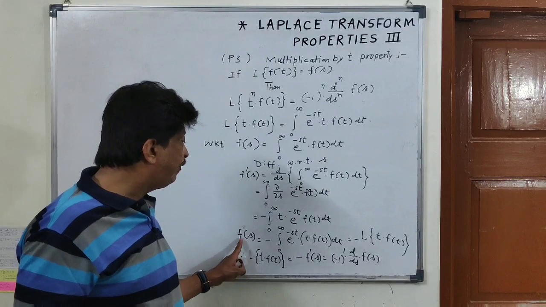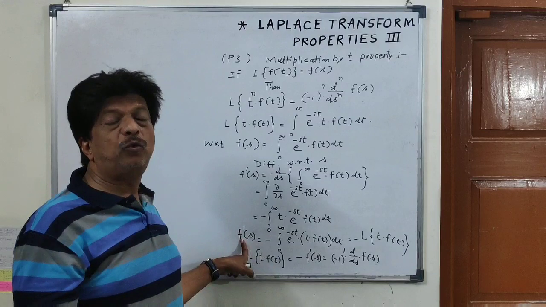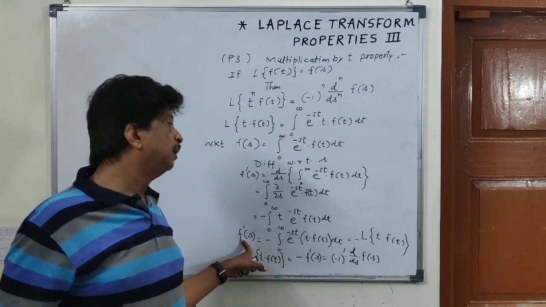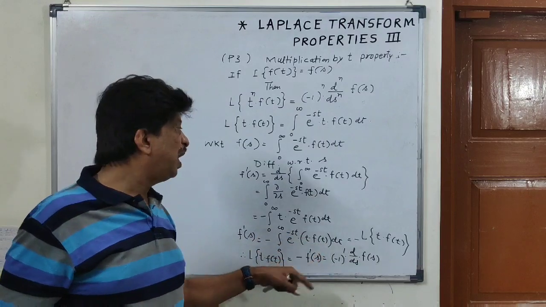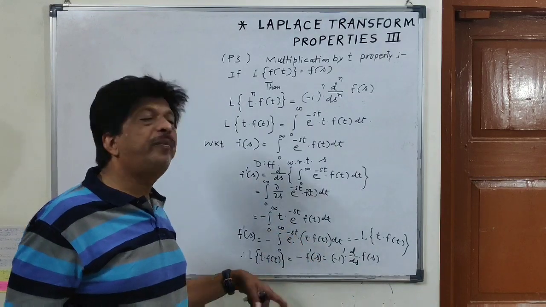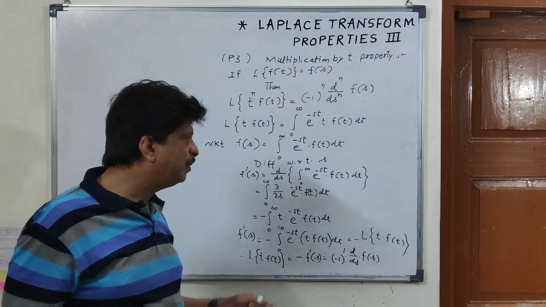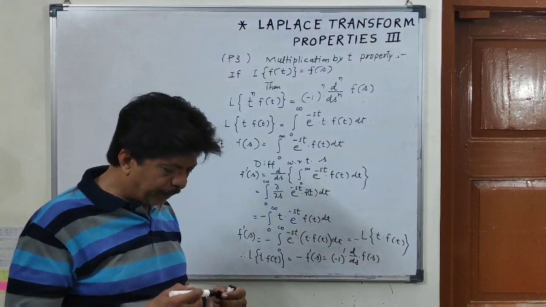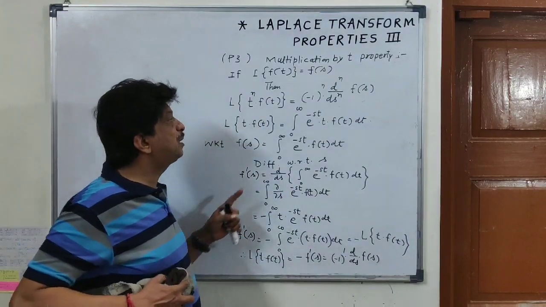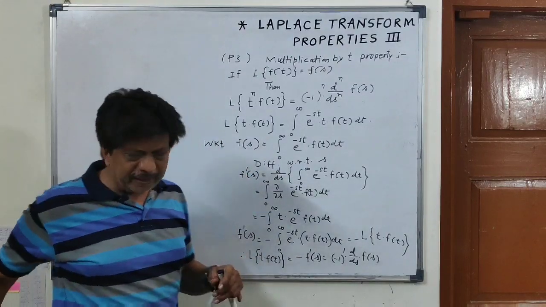Now, we once again differentiate this F prime of s with respect to s. Again, it would be F double prime of s. Again, we would be introducing the Leibniz rule. Again, one negative factor will be introduced. So, it would be Laplace transform of t square into f of t and so on. So, we can show further. This is called the multiplication by t property. To illustrate this property,